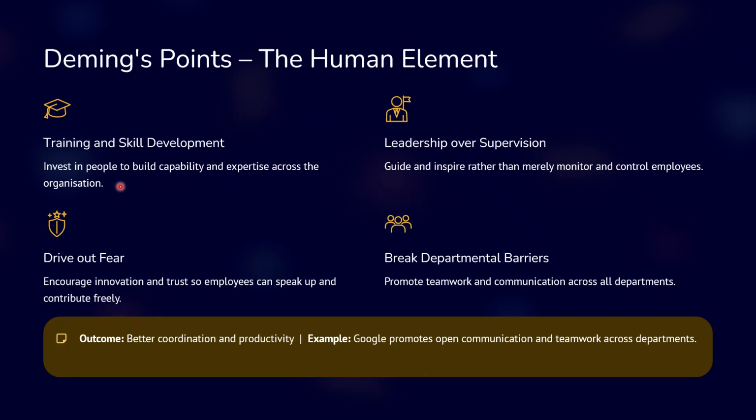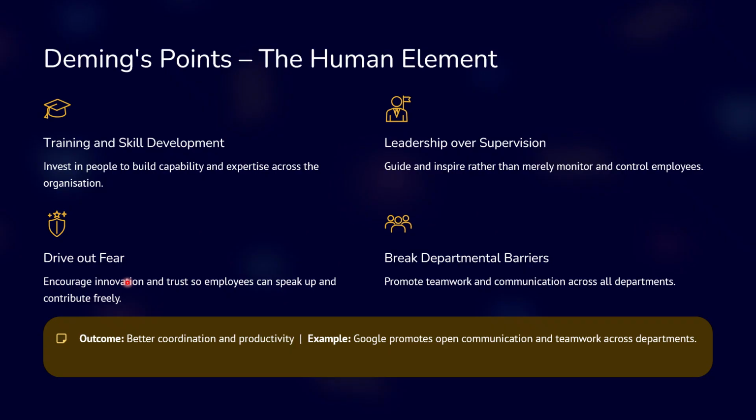Management's responsibility also extends to the people. Point 6 emphasizes instituting training for skills, while point 7 calls for adopting leadership. Note that leadership is different from supervision. A leader's job is to help people and machines do a better job, not to punish them. Eighth,